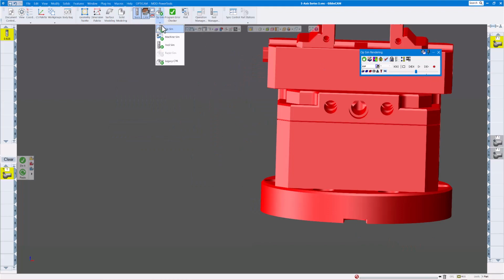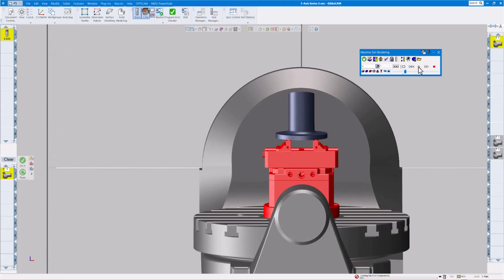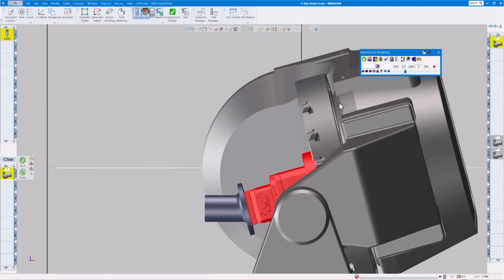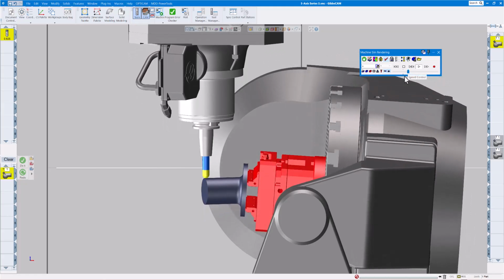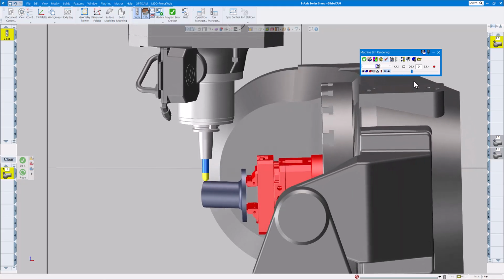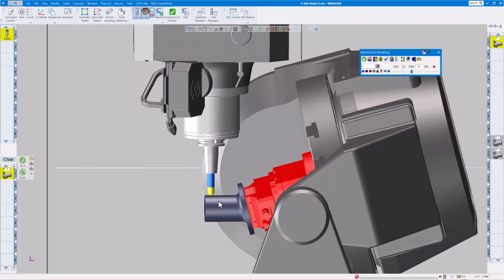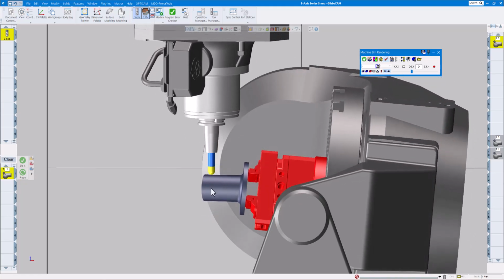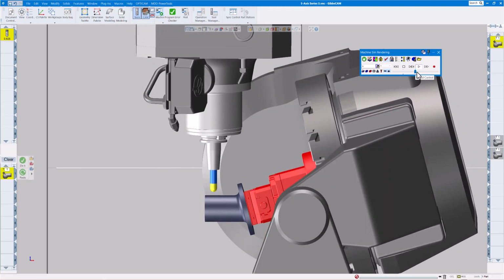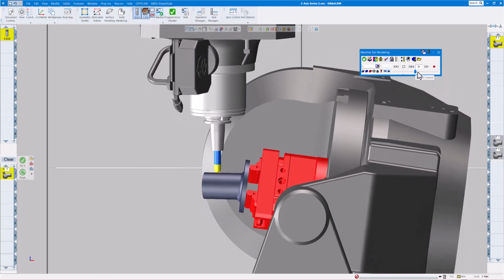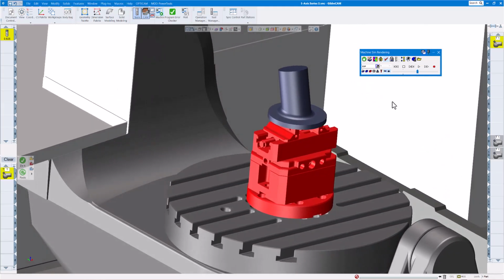Now if we run this in our machine, again, it's following the cylinder as it goes down, of course cutting it, and then of course the clearance is just barely clearing the part as we told it to. So a lot more efficient toolpath for your